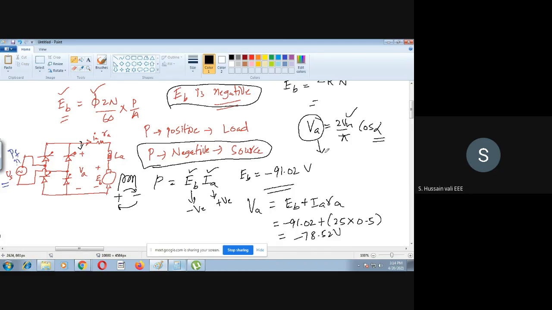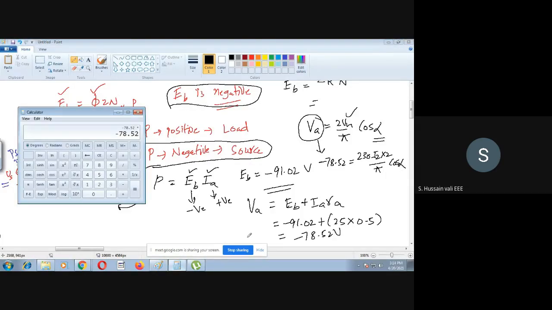So if you got VA here, substitute here now. 78.52 is equal to 230 into root 2 into 2 by pi into cos alpha. So we have to find out what is cos alpha. So now you see here, how to find out cos alpha is that